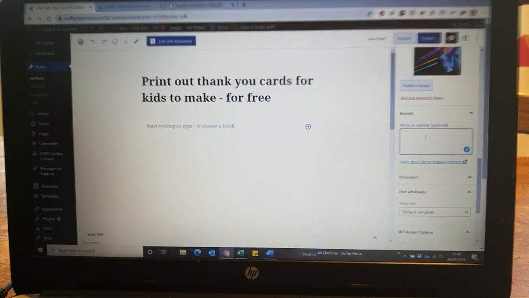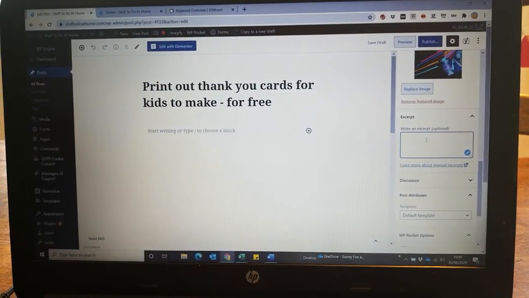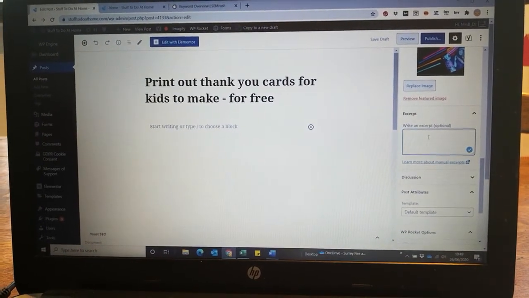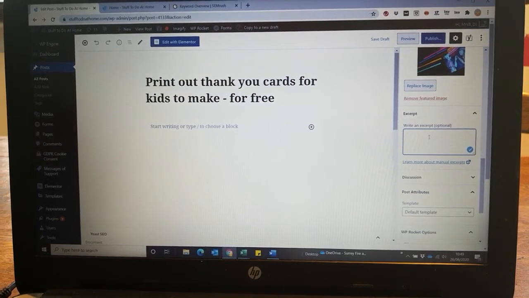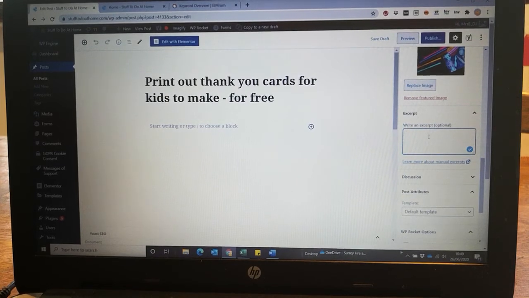So if I think about how is this used, if someone lands on my homepage and they're looking for ideas for kids, and they're on the landing page of ideas for kids, then the excerpt plus the picture is what is going to encourage them to click on the article, to go and read the longer article. So I need to make sure that I really encapsulate what this article is about. So I'm going to say something like